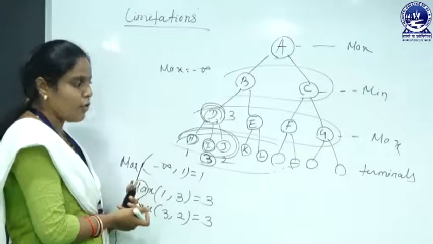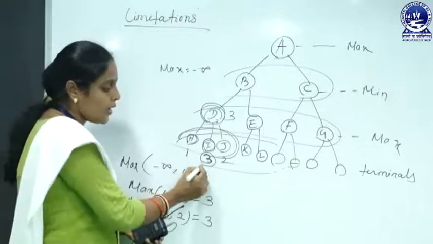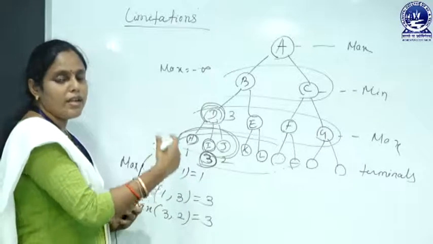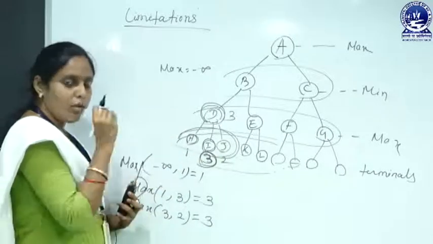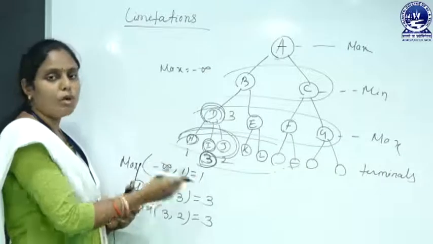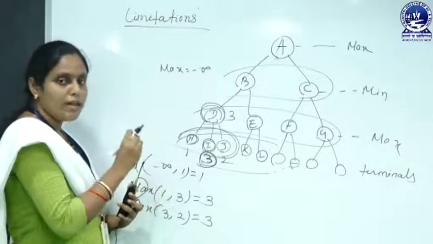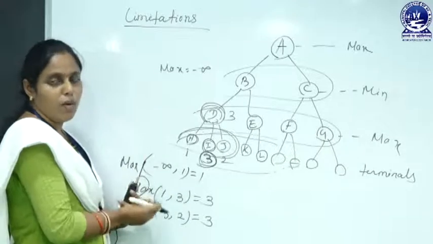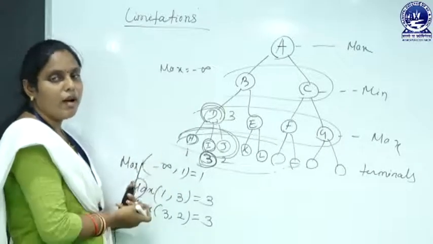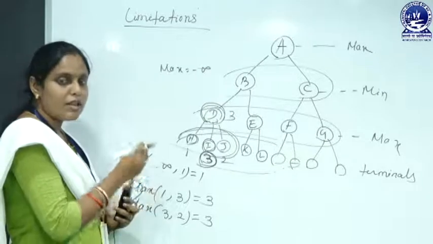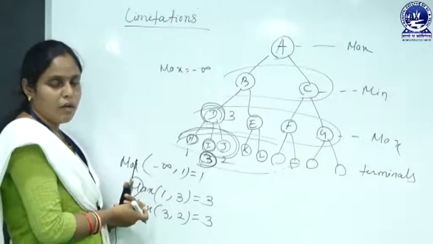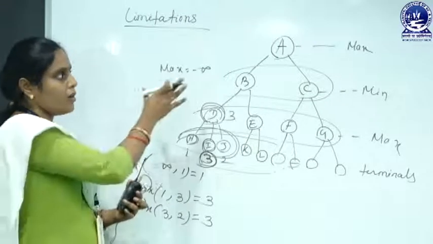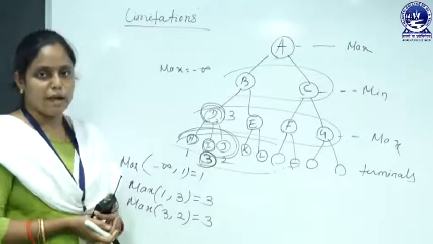In the alpha beta pruning algorithm, when we get the maximized value, then we do not check the next terminals, whether there is one terminal or more than one terminal. Once we get the maximized value or minimized value for our current node, then we do not check the other terminal values. This is the alpha beta pruning algorithm, which I will discuss in my next lecture. But this is all about the min max algorithm.